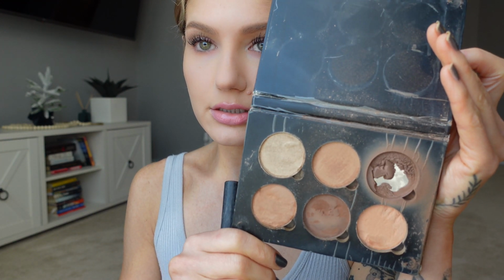Then I take this super old contouring palette from Anastasia. It looks like this. As you can tell, it's disgusting. I need a new one. But I just take this Real Techniques brush, and I don't really know if this even does anything, but I put it on the brush, and then I go down the sides of my nose,